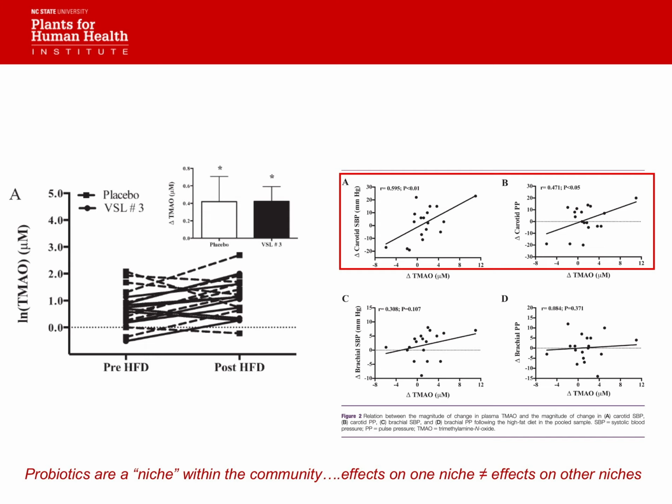Okay? There were some associations that we saw: changes in TMAO levels were associated with changes in systolic blood pressure and pulse pressure at the carotid site, none in the brachial. In other words, the more your TMAO levels went up, the more your blood pressure and heart rate were likely to go up. But overall, nothing really exciting here. And again, I apologize for the animations.